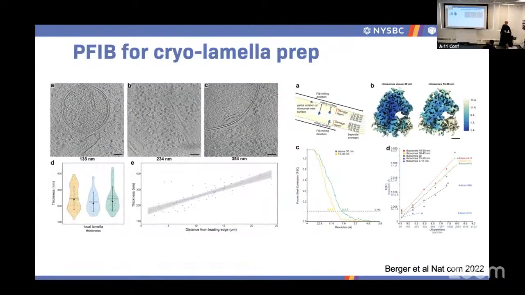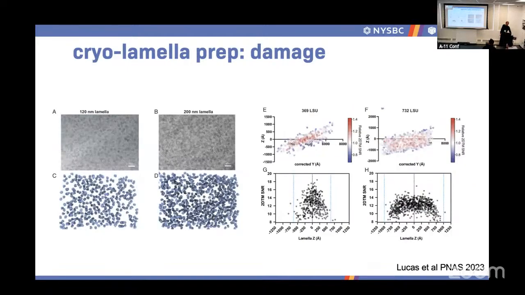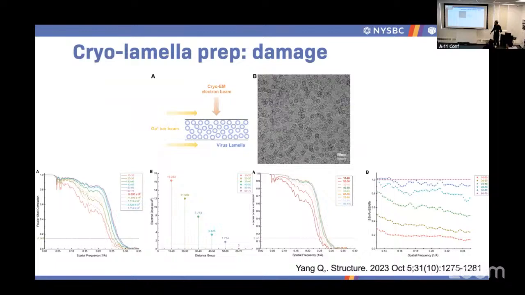Somebody came up with a way to quantify this, the stochastic damage quantification. I will skip on this, and I will go on to a paper that a bunch of people don't like, but I find it's very useful because it directly relates the damage to the damage you see with the TEM, with the electrons from the TEM. So it's the same as your very edge looking like a more exposed or later frame in your regular single particle